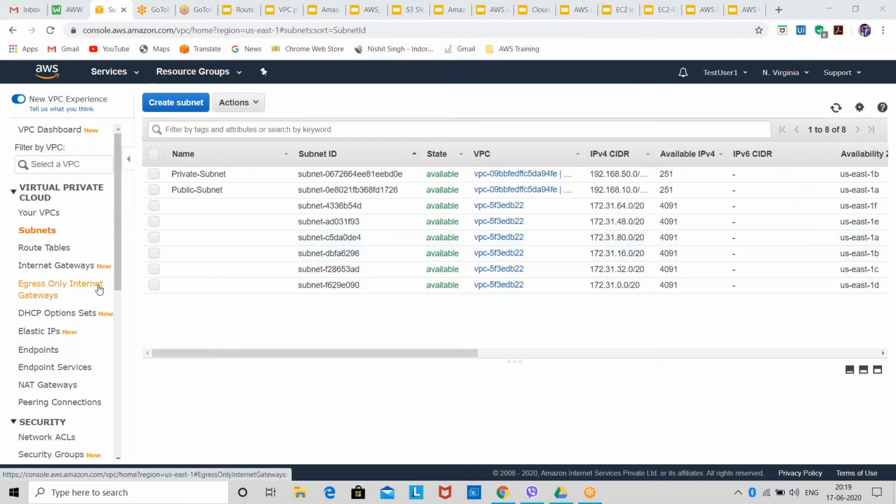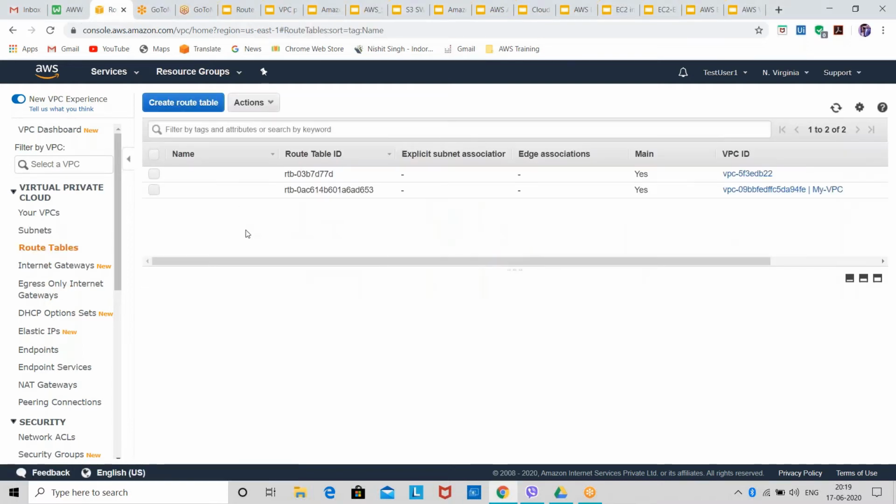Now I have to create routing table, because without routing tables I cannot go to any of the locations. Like I cannot ping any of the locations without routes. So for that we have to create routing table.